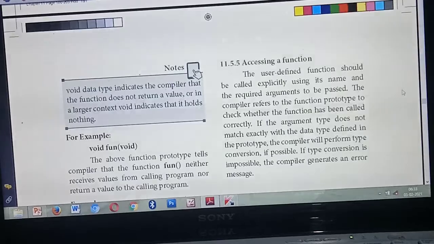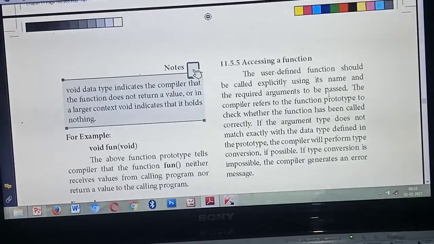So next one is accessing a function. What do you mean by access? Access means getting or taking. For example, if a Wi-Fi connection is there, you can say accessing the Wi-Fi. What's the meaning? If something is available, you are able to access it. Okay, so you have already been given a lot of functions. This is how you can identify a function: by the function name, and also by how it returns the value based on the arguments you are passing inside the function.